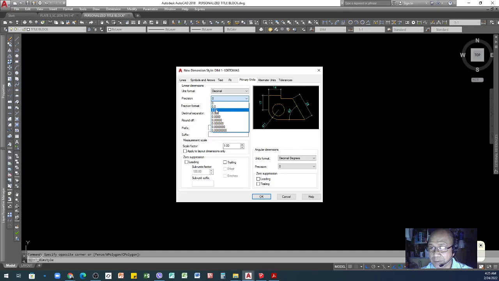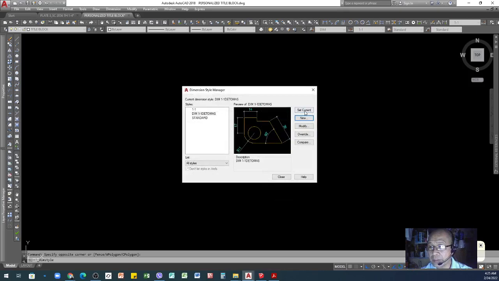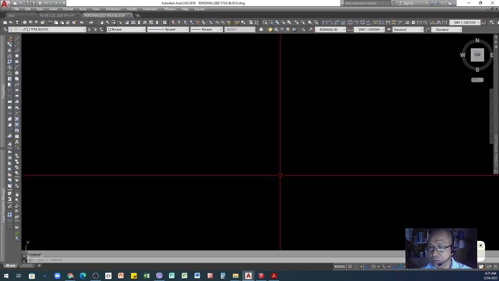Let me try. I'll click this one, and you will see the appearance there. See, there are already 2 decimal points. So again, I'll put it back to whole number, and then the rest is okay. After that, click OK, and then set as current, then close.